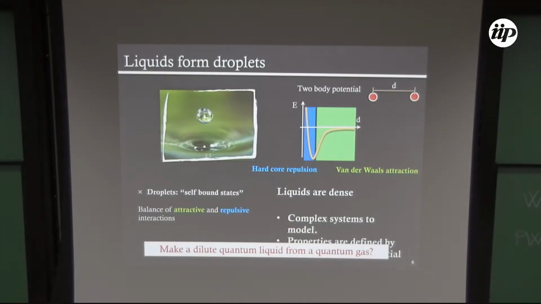Okay, the question that we wanted to address at ICFO is like, can we make a dilute quantum liquid where we can overcome all these problems I just mentioned before? And of course, I don't have to explain to you that quantum gases are really good systems to overcome these dense systems, and also to define it with just single parameters, for example, the scattering length. So with this, I come to the